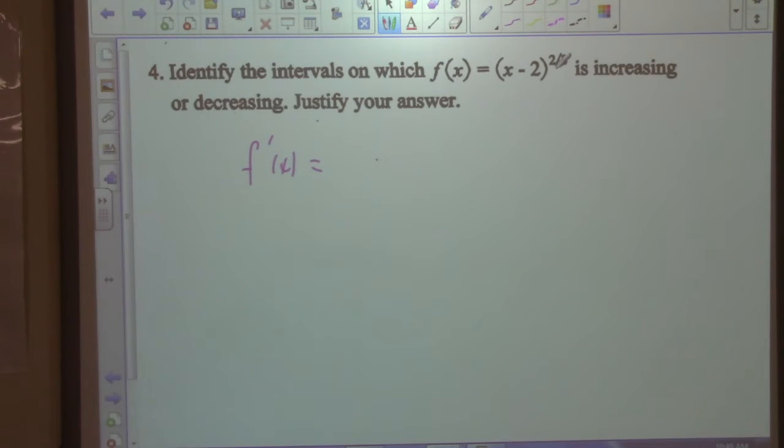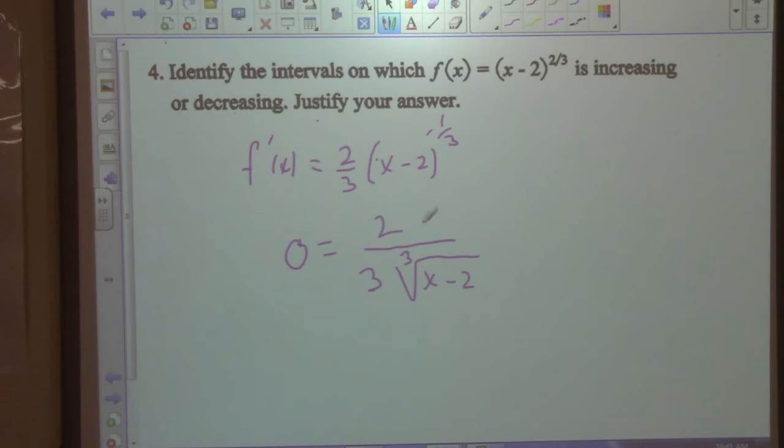F prime of x, what do we do with this 2/3? 2/3, right? x minus 2 to the negative 1/3. All right, and then with the chain rule, the derivative of the inside, which is 1, so we don't have to adjust anything for that, right? So now what we have is 2 over 3 cube root of x minus 2. And if we set that equal to 0, well, that's never going to be equal to 0,